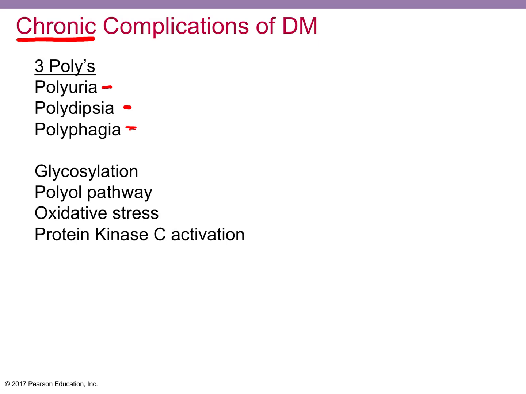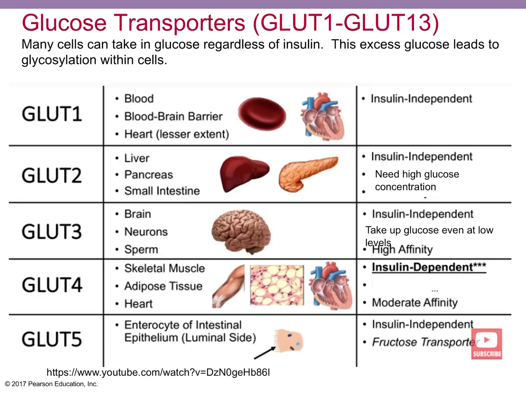Other chronic complications, we'll start with glycosylation. So in your outline, I have number 1, which is this limits your cell activity because they're lacking their primary resource. So again, I wanted to bring you to this table again and just remind you that different cells of the body have different behaviors when it comes to glucose uptake and whether or not they need insulin and whether or not they need the affinity, right?